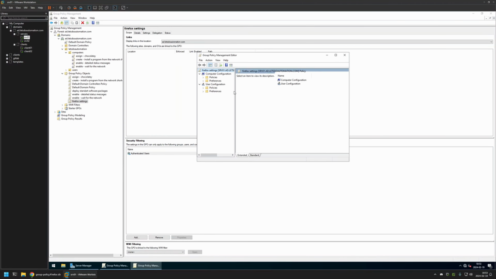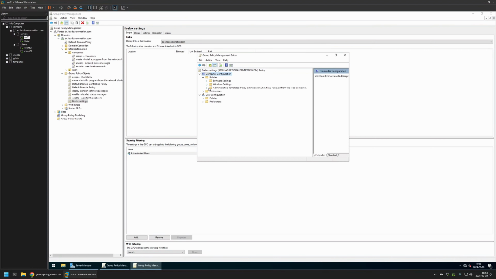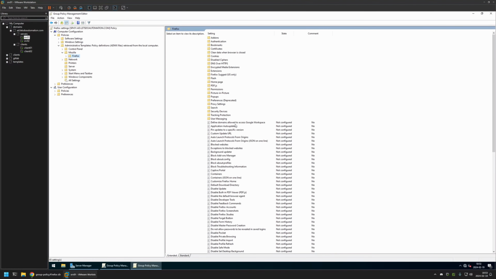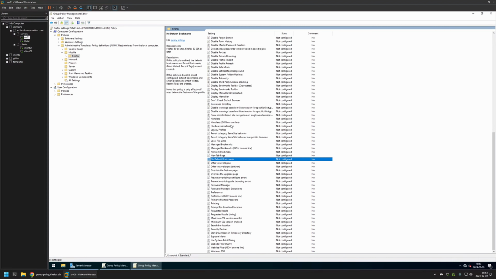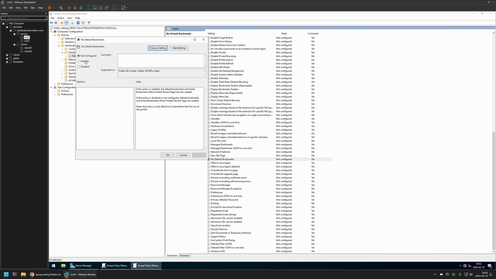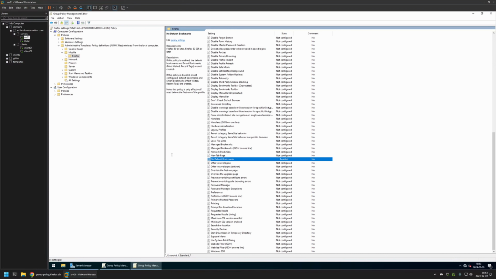And I will be creating this policy for my computer, so I'll go to Computer Configuration, Policies, Administrative Templates, Mozilla, and I will click on Firefox. And the first policy setting that I will be configuring is to remove the default bookmarks. So here I will search for no default bookmarks, and here we have the setting. I will click on it, I will enable this setting, click apply and OK, and this should remove the default